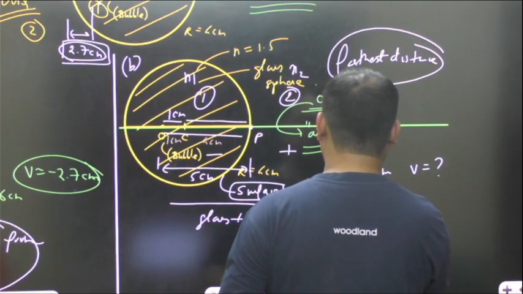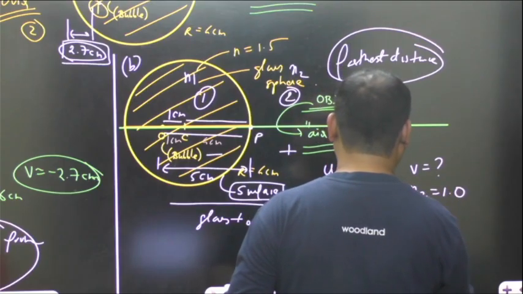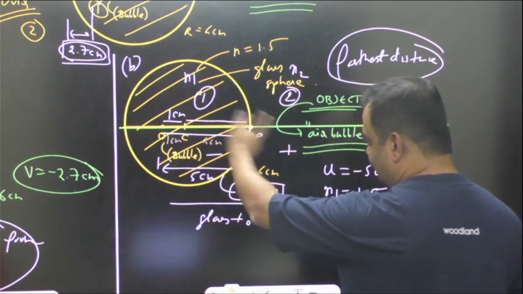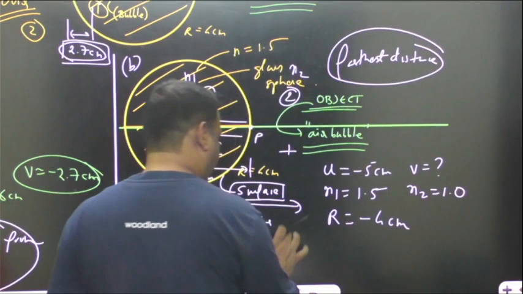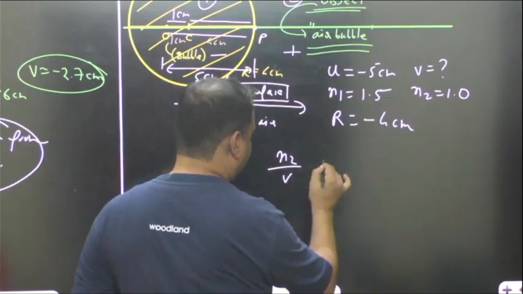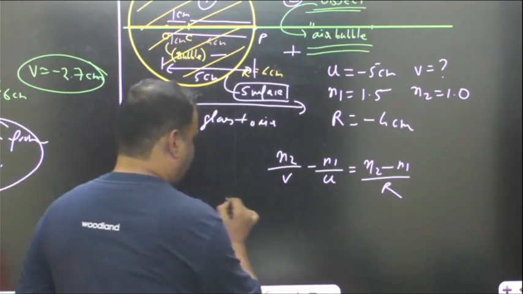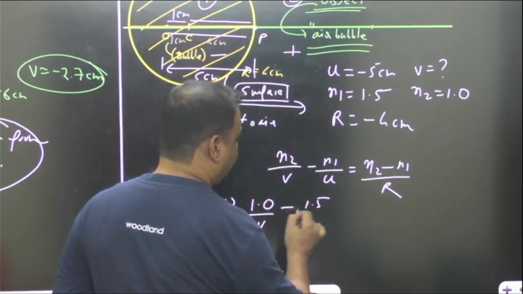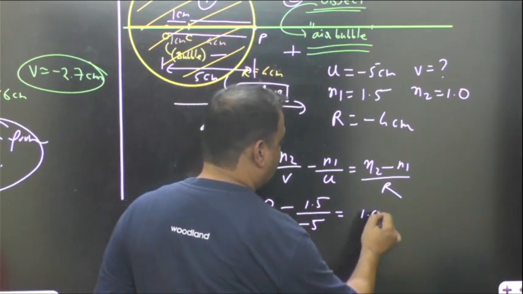What is N1? Refractive index of the glass, that is how much? 1.5. N2, refractive index of air, 1. And what is your radius of curvature? 4 centimeter, and that is located on the negative side. So let us apply the curved surface formula. So I'll get N2 by V minus N1 by U is (N2 minus N1) by R. So I'll get 1 by V minus 1.5 by minus 5 is equal to (1 minus